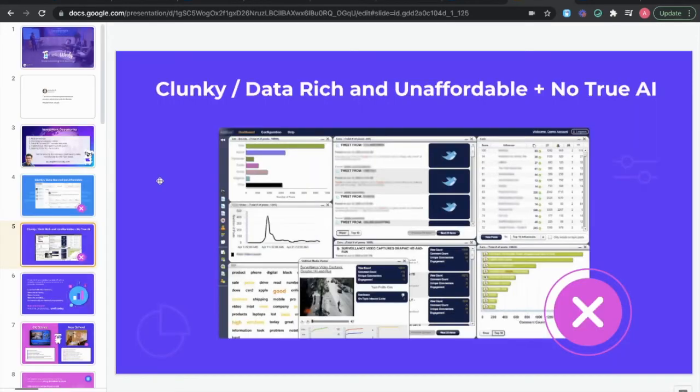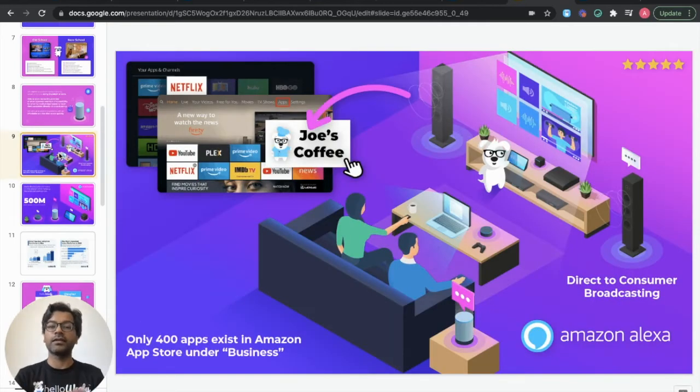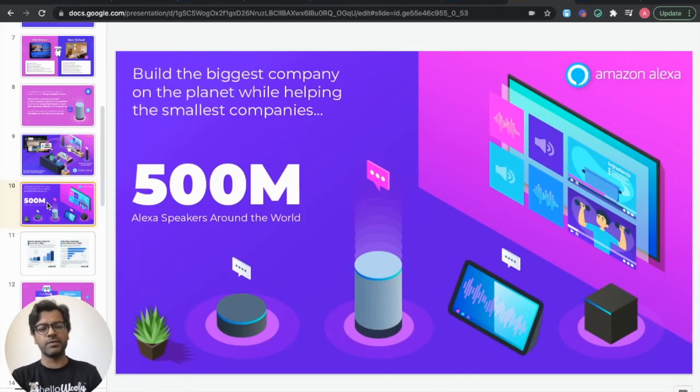Last but not least, one of the things that we are very proud of being able to do is work with the Alexa team over at Amazon to build an ecosystem where you and I can flourish with smart speakers taking off. We already knew that smart speakers were taking off going into the pandemic, into 2020. But guess what? During 2020, smart speakers took off more than ever before. Social audio took off more than ever before, such as Clubhouse and Twitter Spaces. But now there are nearly 500 million speakers around the world.